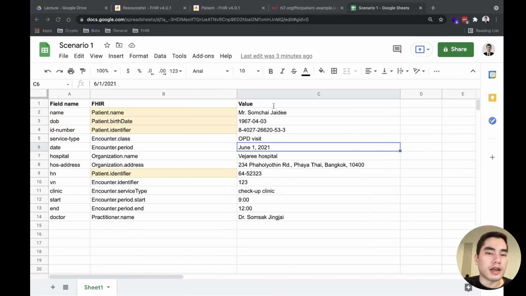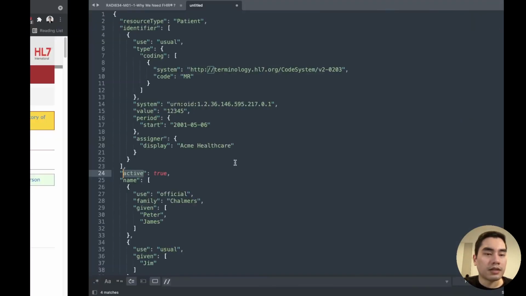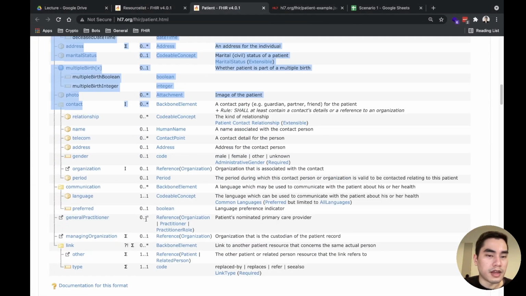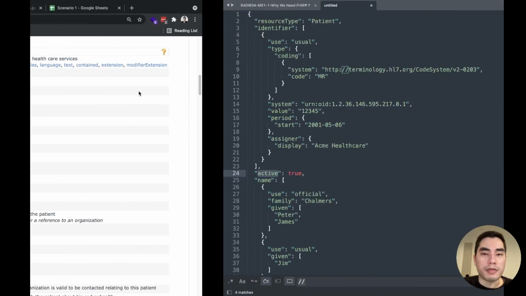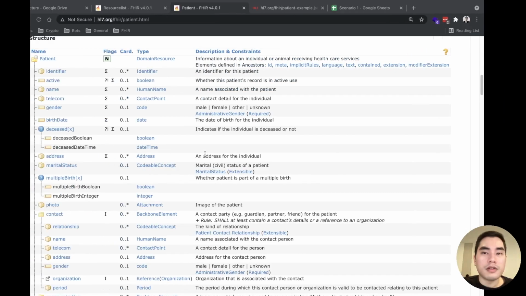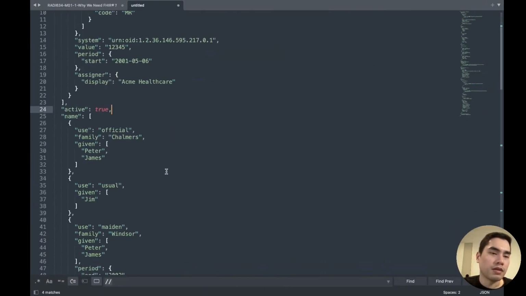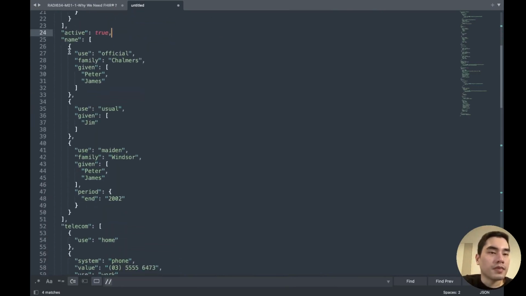Active, actually we don't need it, but I think it's good to have. We have to see in the spec: are there any required elements? No, so there are no required elements. Active, actually we don't need it, but because it's just a practice, I think we can put it there.